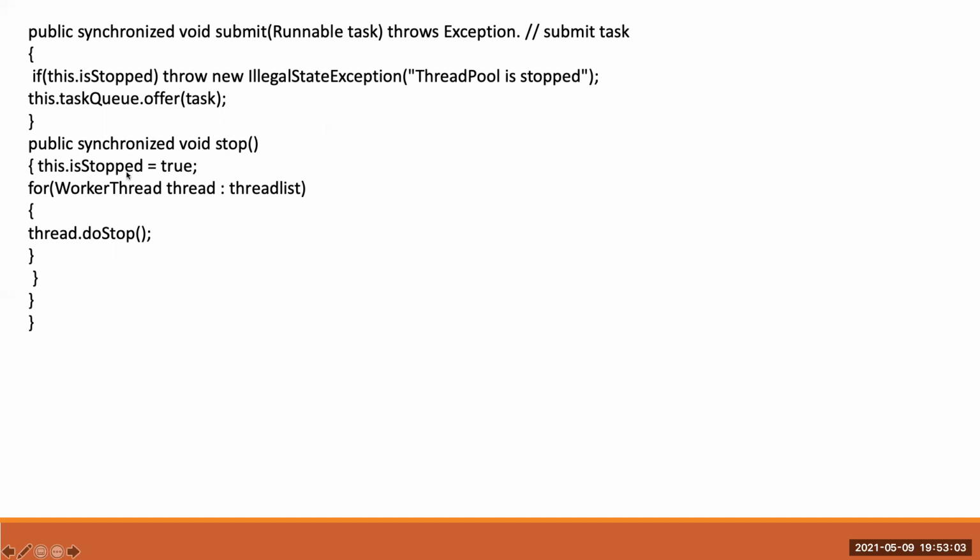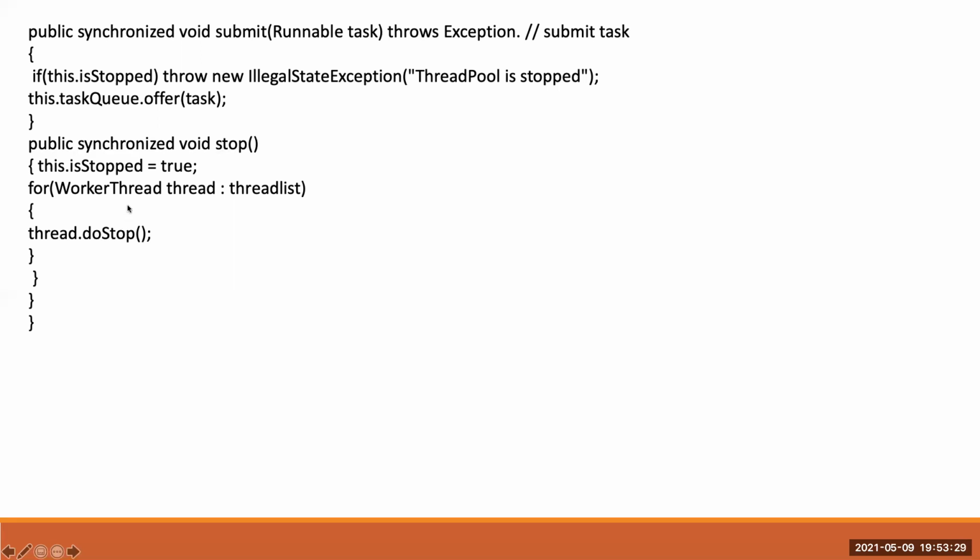After completing your tasks, we have to call the stop method, which will call doStop of the worker thread. I defined one method in the worker thread, which internally invokes the interrupt method.